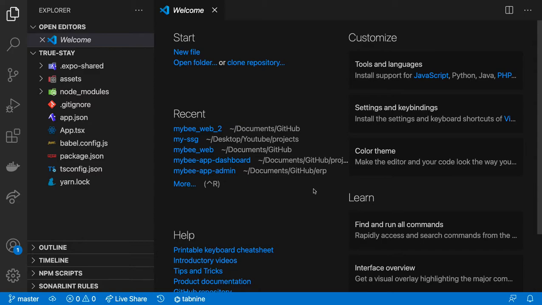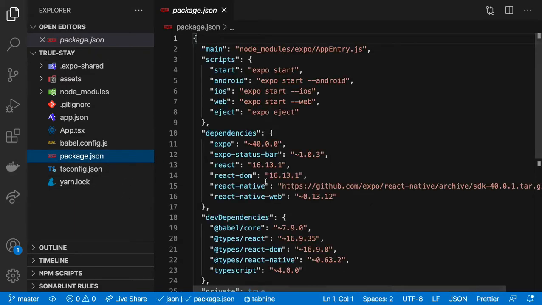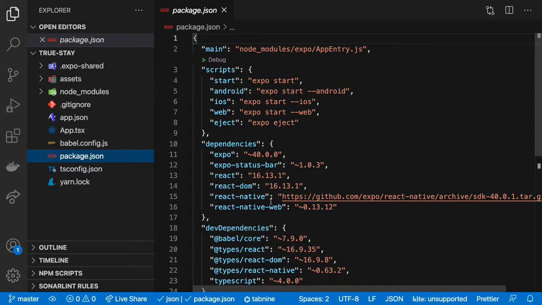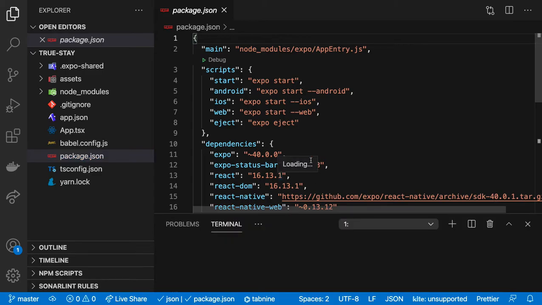Alright, so I made a blank project using Expo init, and I named my project Tuesday. And so right now I have these dependencies that are installed by default. So what I'm gonna do right now, I'm gonna install a few things here. So first thing I'm gonna install,